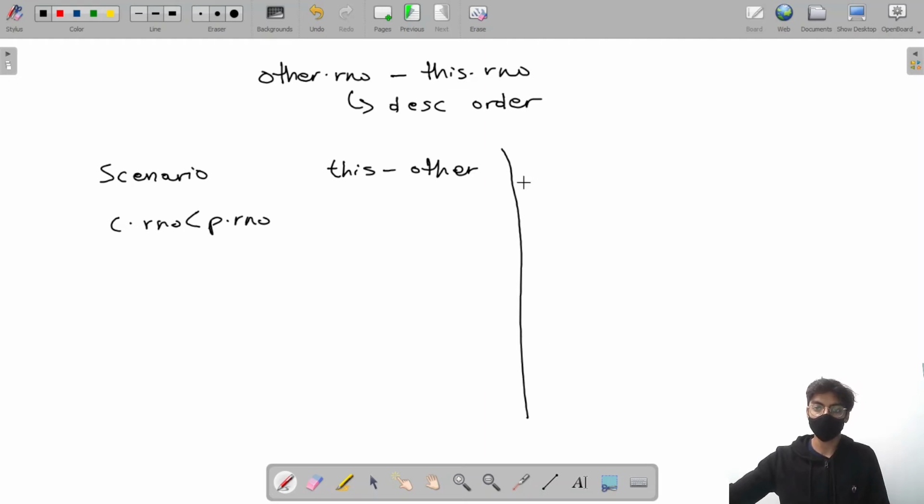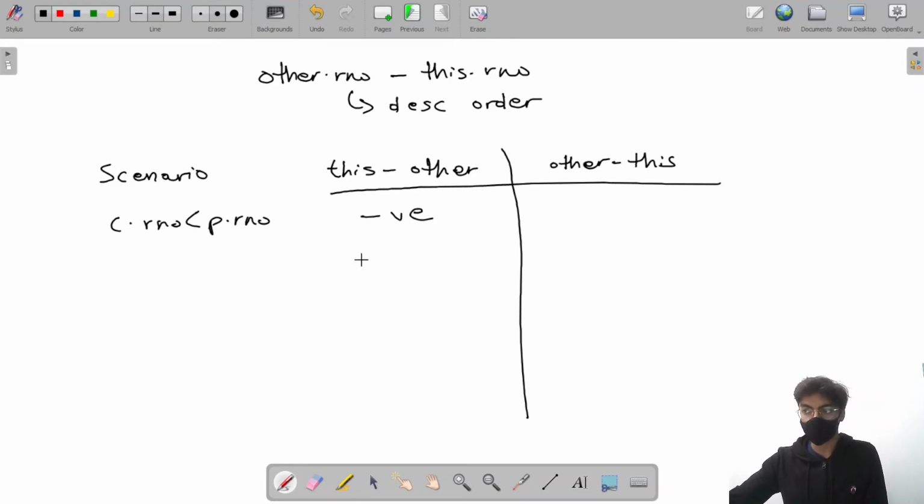And there is the other case of other minus this. Now, if the child is smaller, then the returned value will be negative, right? That means that the child is smaller than parent, which we've already determined,